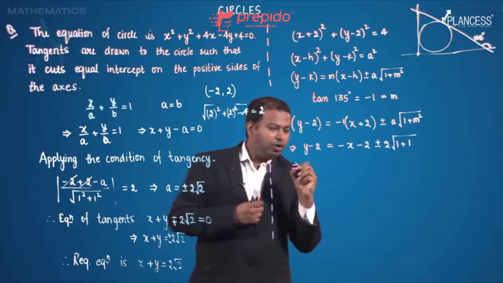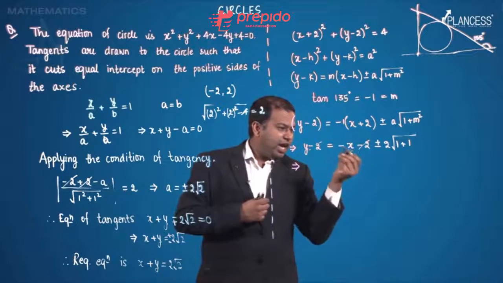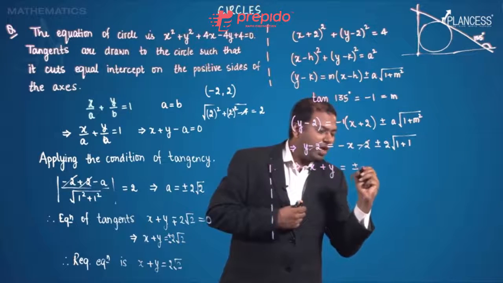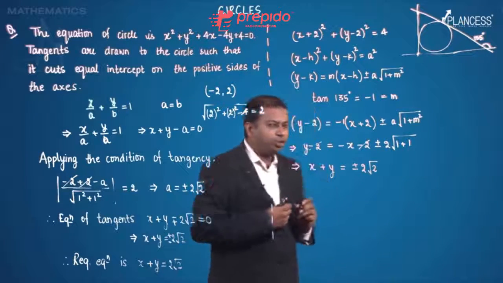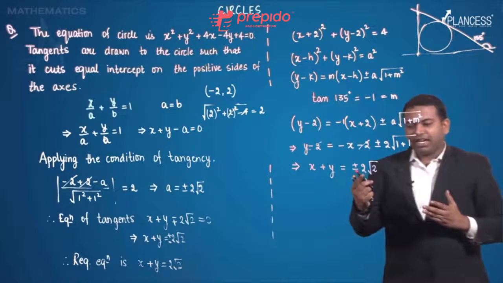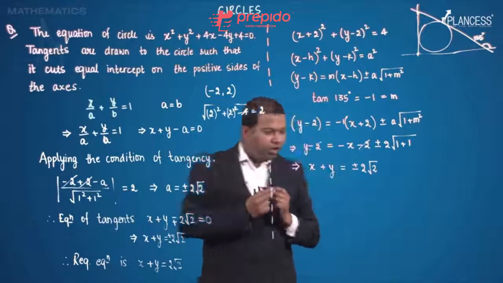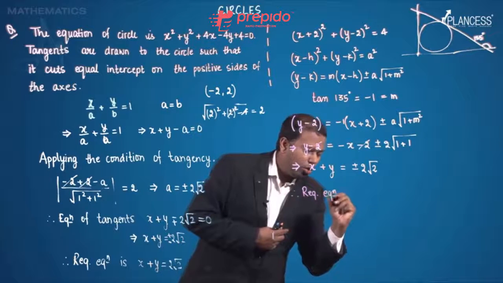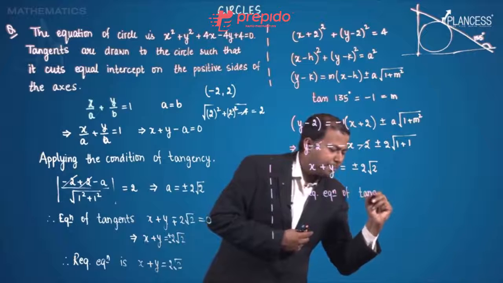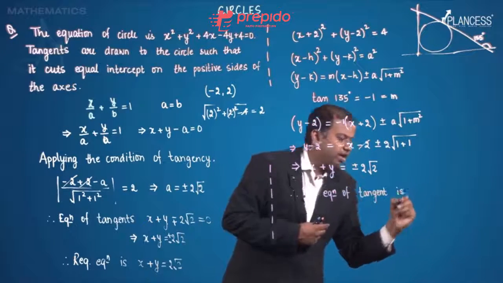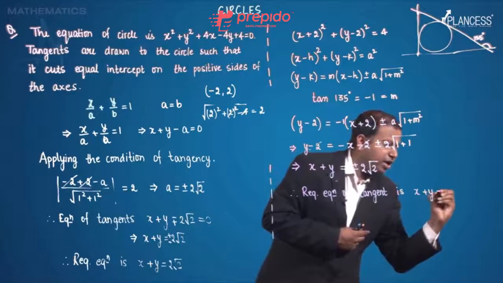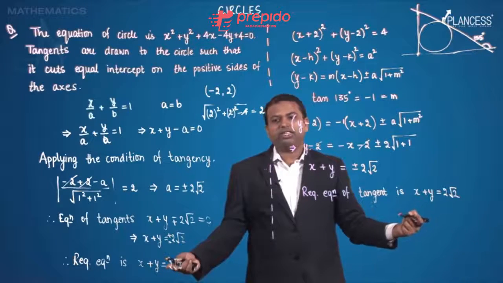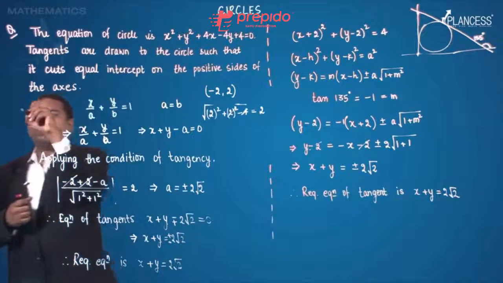So from here we can cancel out minus 2 from both sides, and we can bring x on the left. So we have x plus y is equal to plus or minus 2 root 2. Now again, using the same logic, since the y-intercept is positive, we have to ignore the negative sign, and therefore the required equation of tangent is x plus y equal to root 2, which was the case when we solved this using another technique. So this you can say is our method 1,